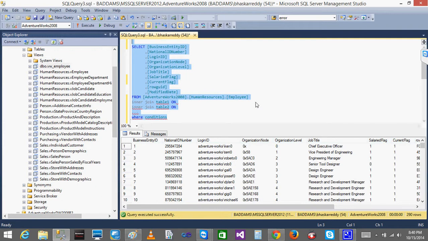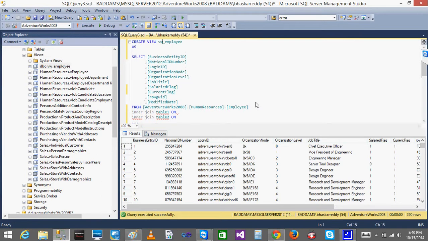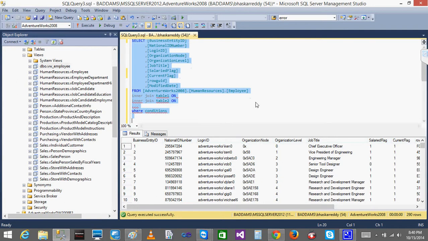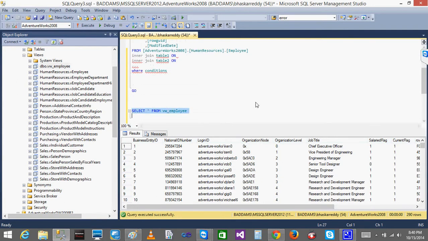You need something to store it, so you can store it in a view. That's it. Create a view for the query. So where a user wants to execute this query, they can just call the view name. That's it. Automatically they will get the output of that query. That's it. Is everyone clear with this one?